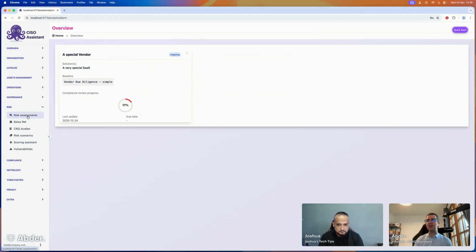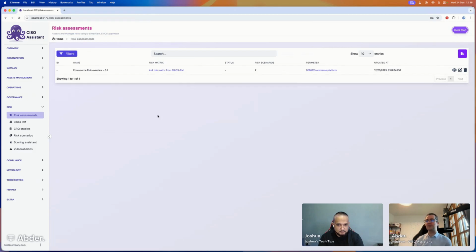Once you have all those basics covered, you can move to more advanced cases and start conducting risk assessment. Keep in mind that you don't always need risk assessment. It will depend on the cases, and a lot of typical risks can be just covered by proper and clean compliance-driven activities, so that you don't reinvent the wheel and leave the risk assessment for specific cases. In order to do a risk assessment, we need as prerequisites to have the same organizational structures, meaning domains and perimeters. But for the first engine, which is the IC275, which is more driven toward a qualitative approach, you need a